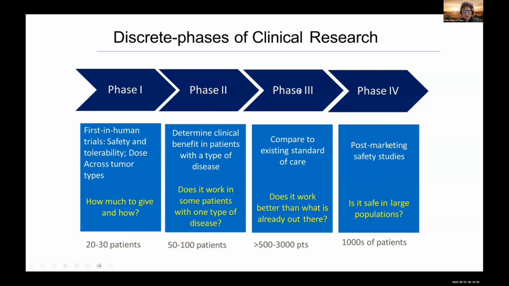Now massive investment goes into phase 3. We actually run a randomized comparative trial. And the objective of these trials was usually to see that there's a survival benefit from this drug at this dose level relative to the standard of care. So all of this, the very small phase 1, was really predicated on the fact that we believed there was a monotonic dose response, and we wanted to give as much dose as we possibly could to the patient. That's a simplifying assumption, and it makes phase 1 very small.